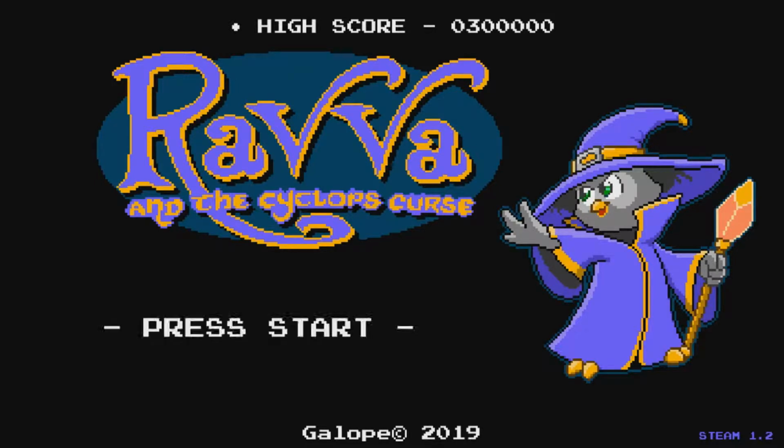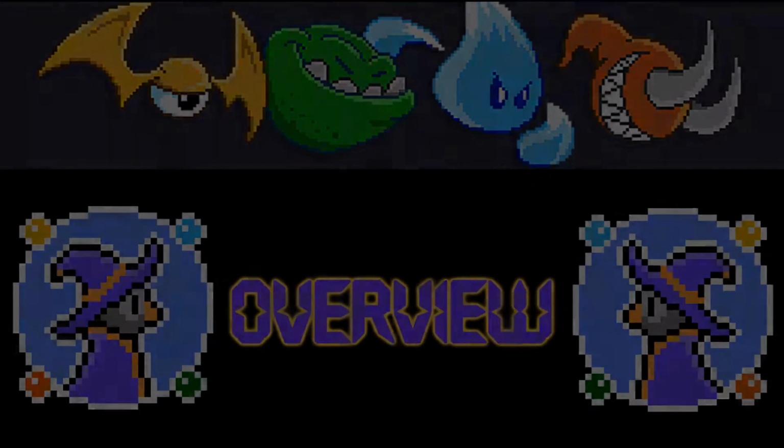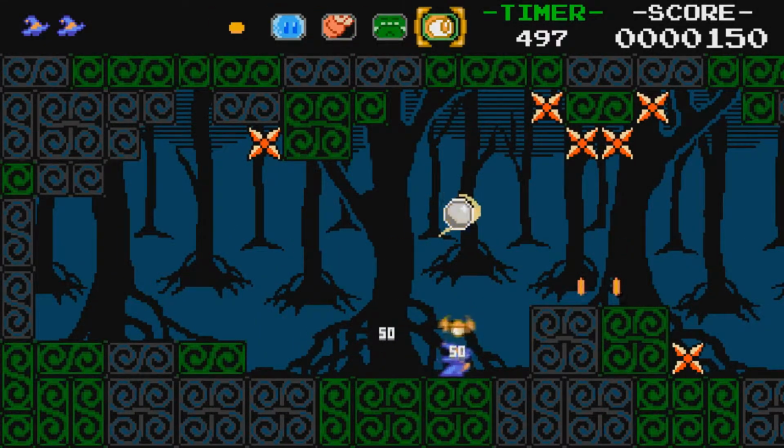My name's Mike, and today we're going to be talking about Ravva and the Cyclops Curse. Now, Ravva and the Cyclops Curse is a retro-style platformer that was developed by Galope and published by the Hidden